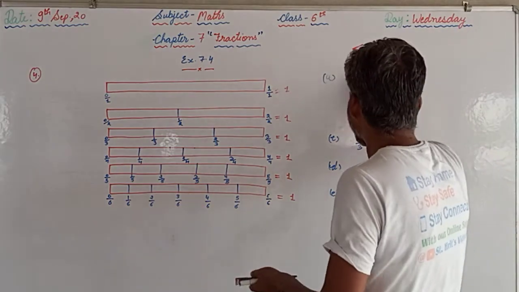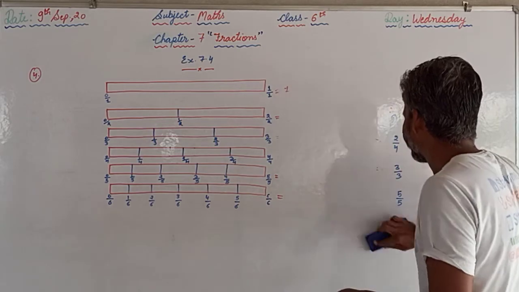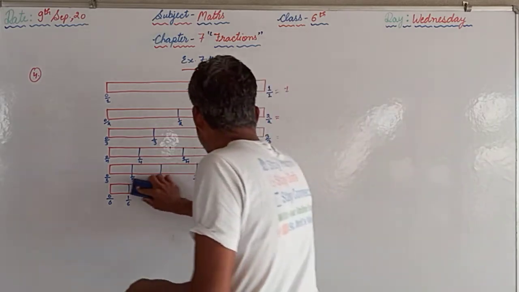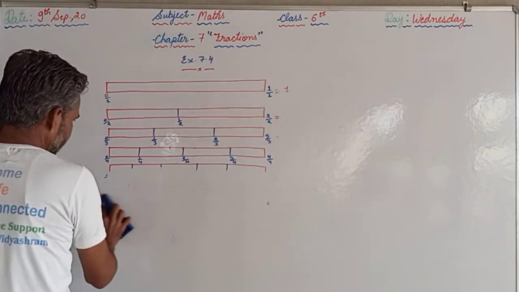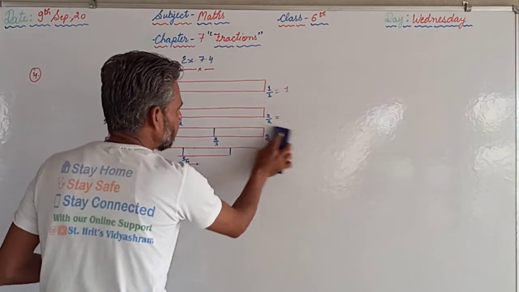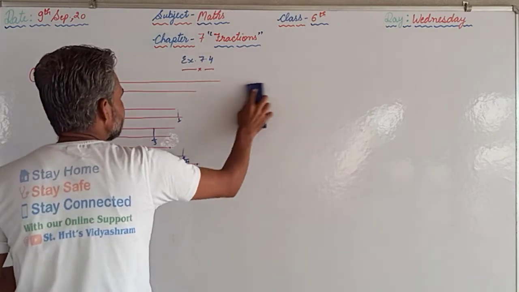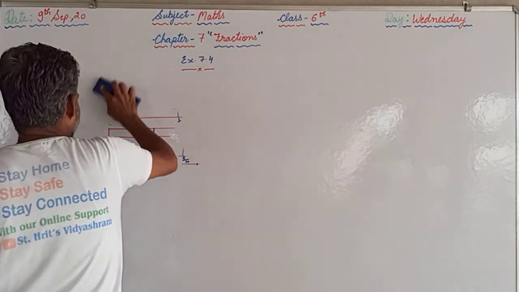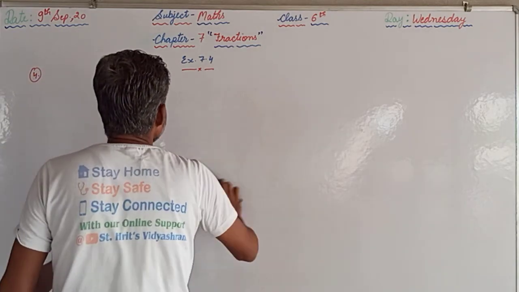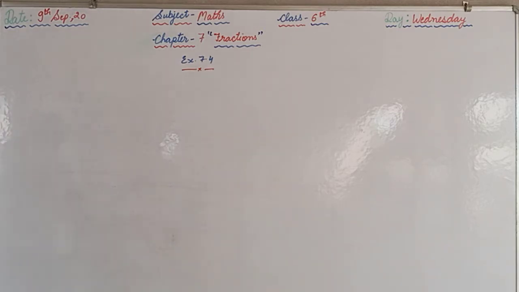After that we are supposed to proceed to the next question, that is question number 5. As I told you previously, while watching the videos you should have your textbooks with you so that you can also read the questions and understand what type of information is given in the question. So now we will first of all read question number 5: How quickly can you do this? Again we have to fill in the appropriate sign.